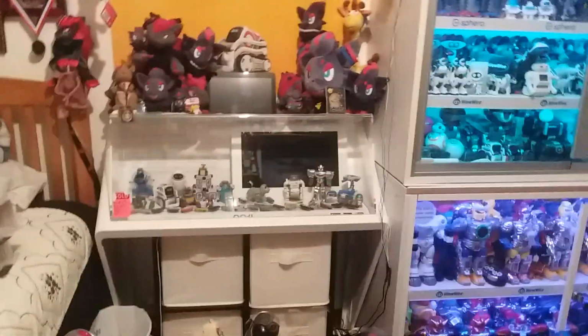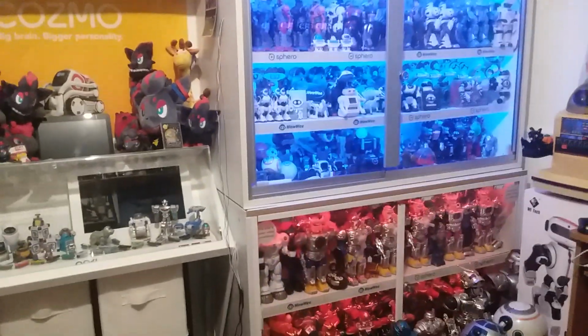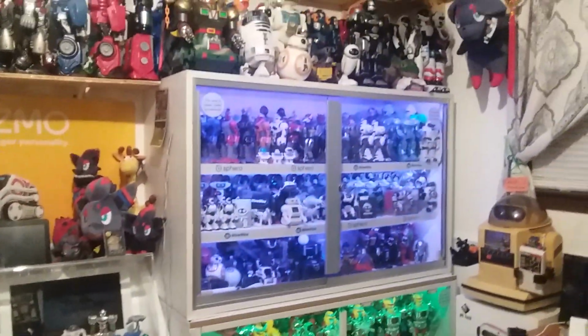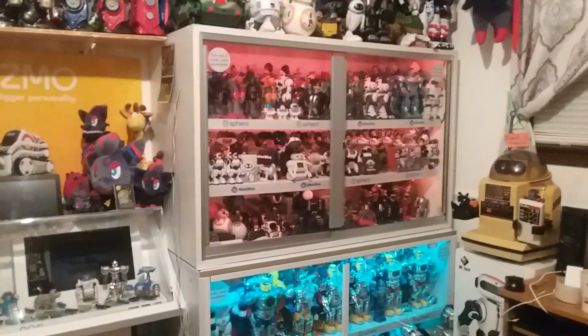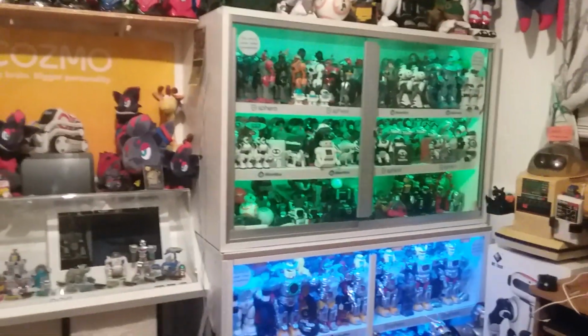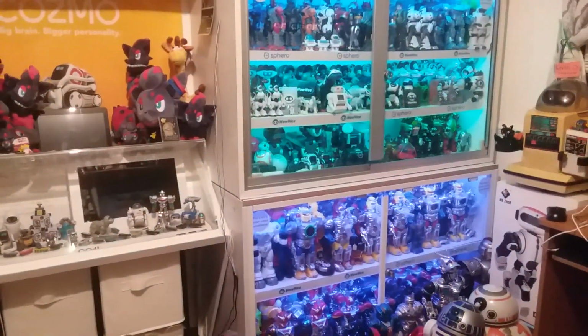But like I said, these pieces from Toys R Us are just amazing in my collection. They benefited me a lot, and they look absolutely great. So this is one thing I'm so glad I was able to work at Toys R Us, because it was actually something I've always wanted to do. But again, I always make excuses, because I'm the kind of kid, well, the kind of guy I should say, who really doesn't. Oh wait, I have to